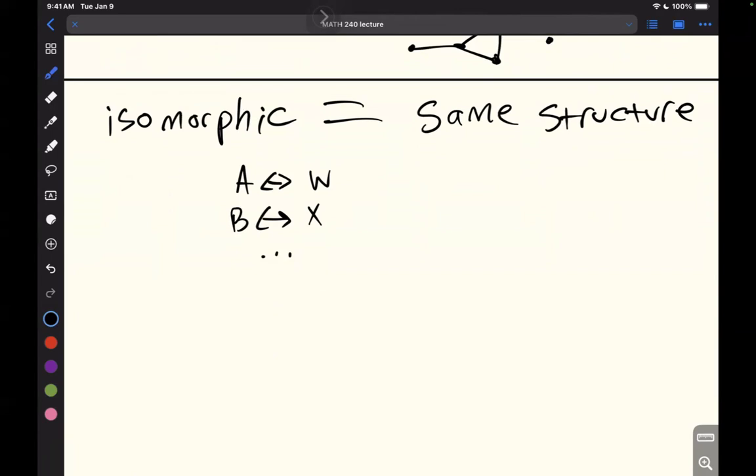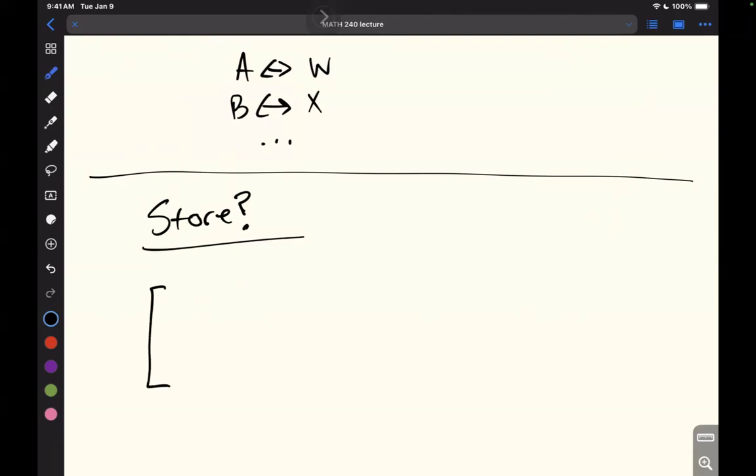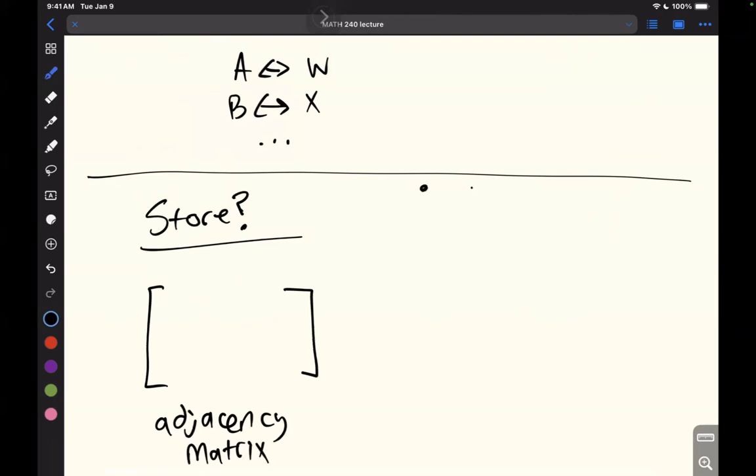Okay, we're hurtling towards the end. I've got 2-3 things left to talk about. One of which is how do we store this information? If you go to code a graph, how do we represent it in code? One of the options is an adjacency matrix, where if I have a graph of, let's say, A, B, C, and D, then I write those both as my rows